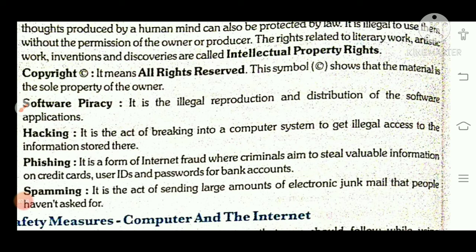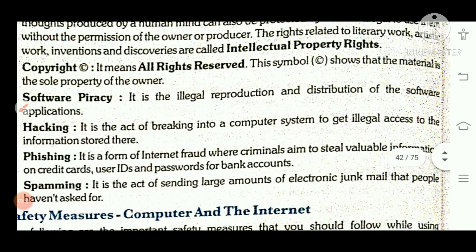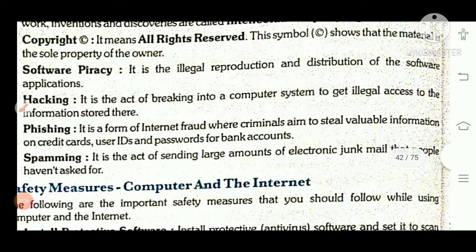नेक्स्ट वन इज सॉफ्टवेयर पायरेसी। पायरेसी मीन्स होता है दैट इलीगल रिप्रोडक्शन एंड डिस्ट्रीब्यूशन ऑफ द सॉफ्टवेयर एप्लीकेशन। चिल्ड्रन इन मार्केट यू विल चेक ओरिजिनल सॉफ्टवेयर होता है एंड यू विल गो देयर ना, तो आपको पायरेटेड सॉफ्टवेयर की कॉपीज भी मिल जाती हैं, थोड़ी सी कॉस्ट में कम होती हैं, बट इफ़ यू आर यूजिंग दैम, इफ़ यू आर परचेजिंग दैम, सो दैट वन इज कमिंग इन द कैटेगरी ऑफ सॉफ्टवेयर पायरेसी। पायरेसी मीन्स होता है डुप्लीकेसी, ठीक है, यू आर यूजिंग डुप्लीकेट सॉफ्टवेयर, इट मीन्स यू आर ऑल्सो डूइंग क्राइम, जो उसको सेल कर रहा है दैट पर्सन इज ऑल्सो डूइंग क्राइम, ठीक है, साइबर क्राइम।